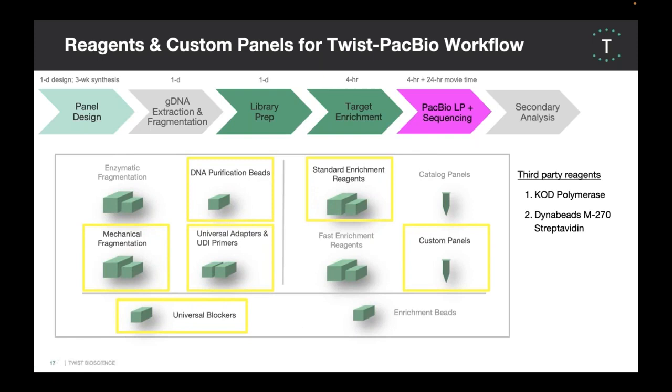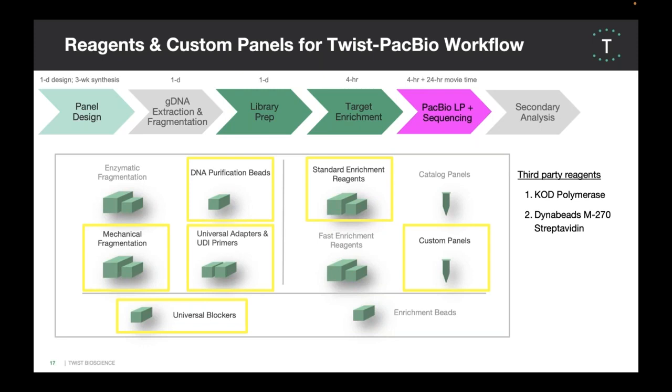And just to start from the beginning, with the panel design, when you come to us, if you submit the list of coordinates or gene names, we will turn around the design within 1 to 2 days. And Twist will synthesize the panel within 3 weeks. And then you can